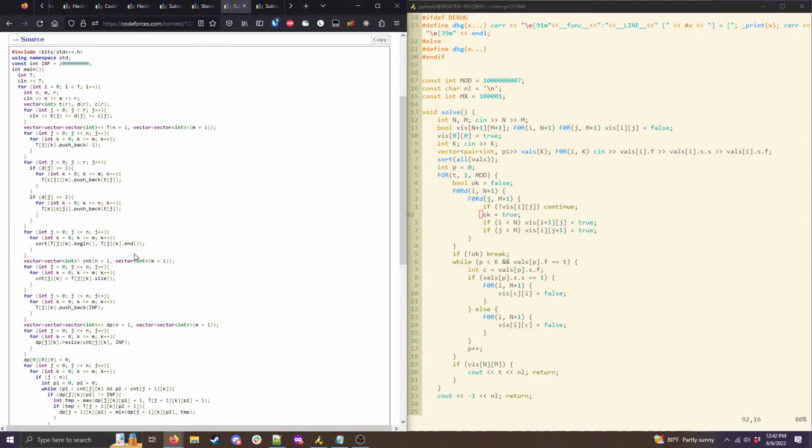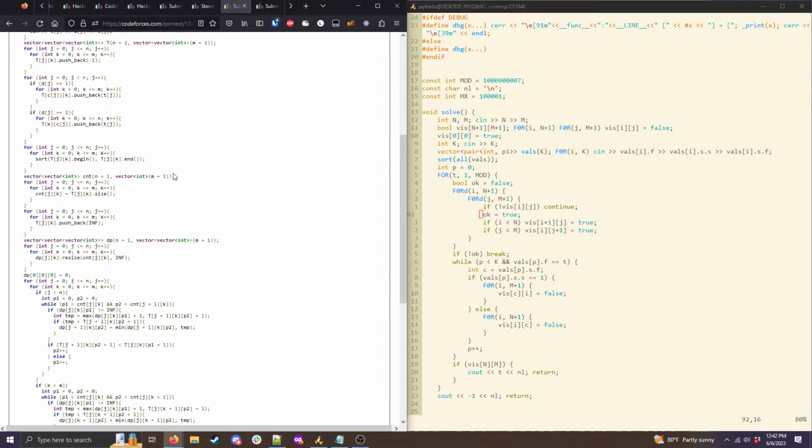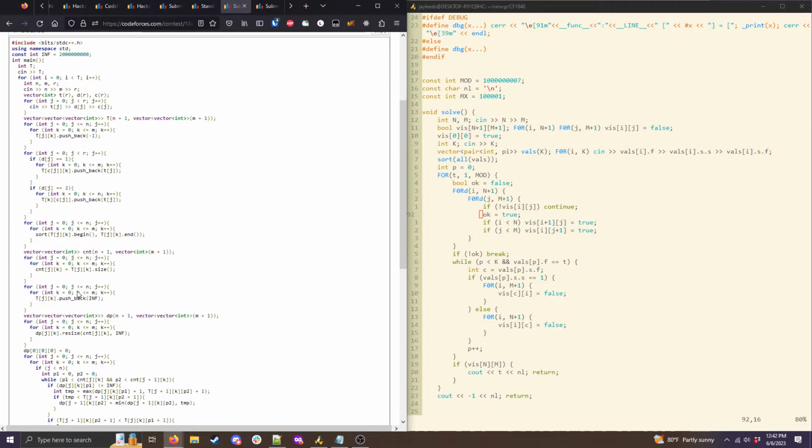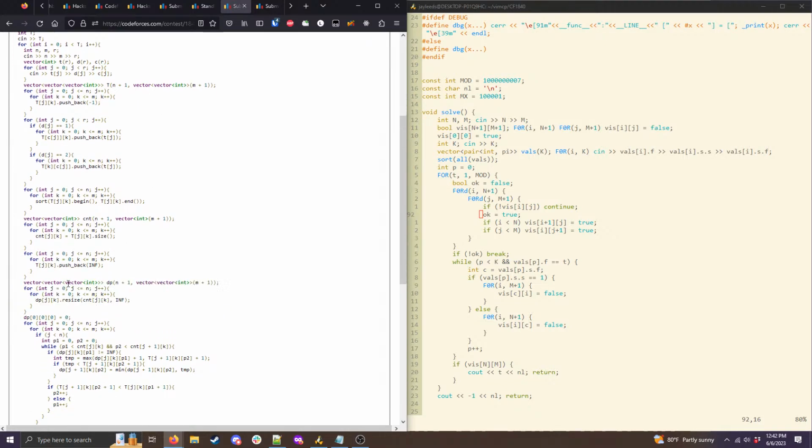And then they have this vector of vectors count that I guess is storing the number of times at which each coordinate is inaccessible. And then they're also storing inf and saying everything is inaccessible at time inf. And so then they have this 3D vector dp where, oh, I see,